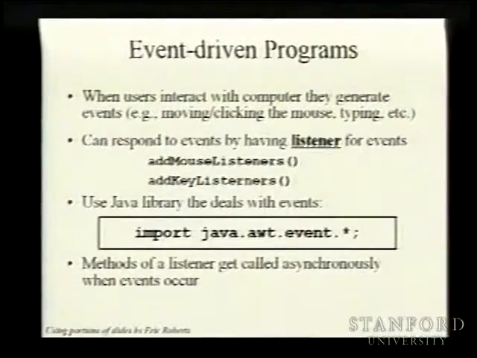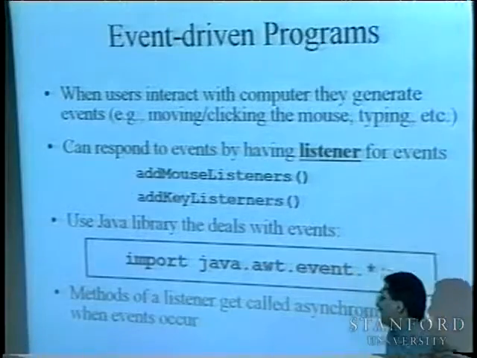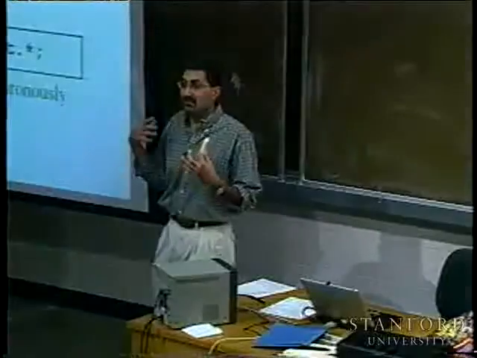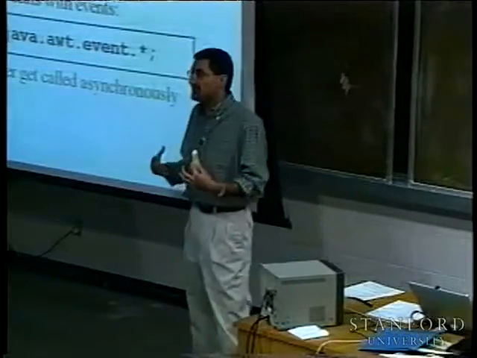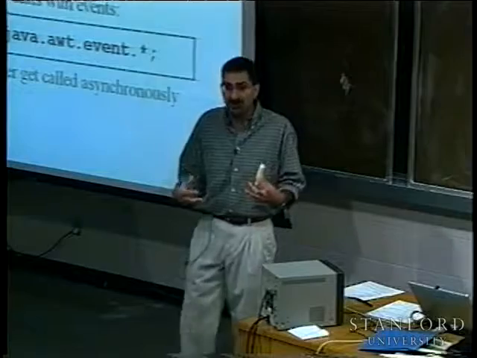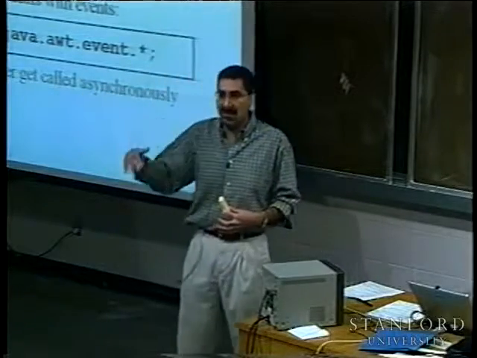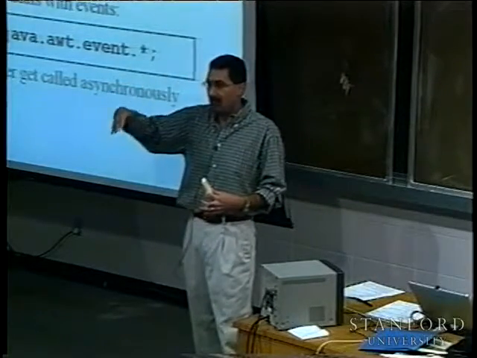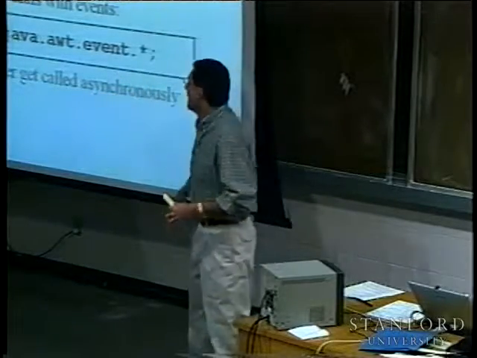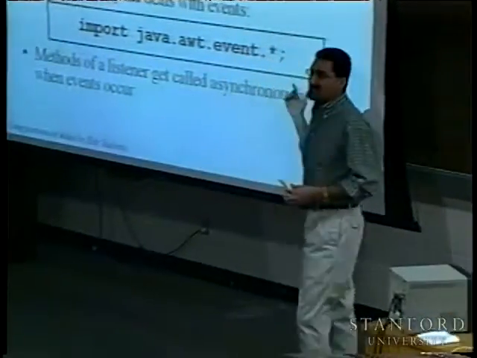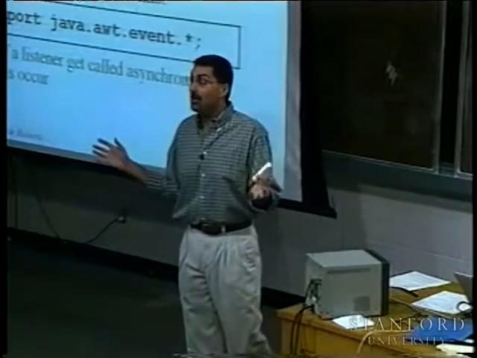All right, so there are certain methods of a listener that get called when an event happens. And this is the funky thing. Up until this time, all of your programs have been what we refer to as synchronous. There are some series of events that happen, and you know the next method is going to get called after the last method got called. You're now entering a world called the asynchronous world, which means you don't know when things are going to happen,